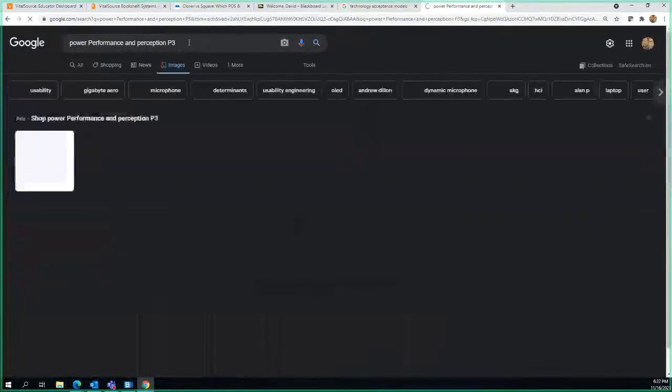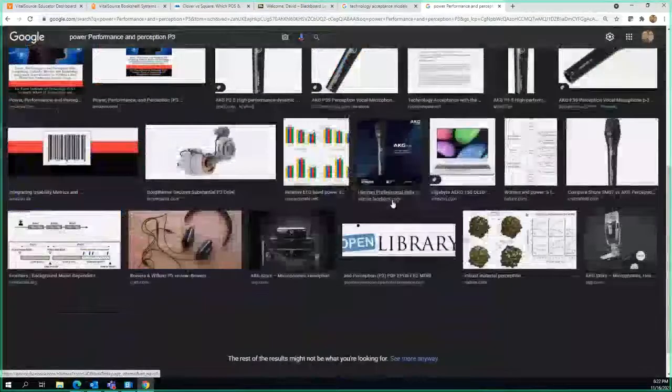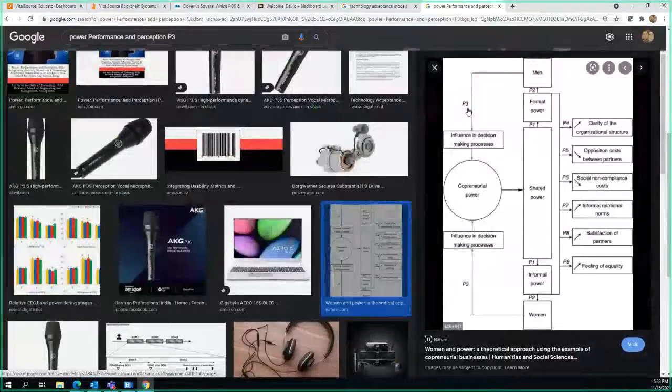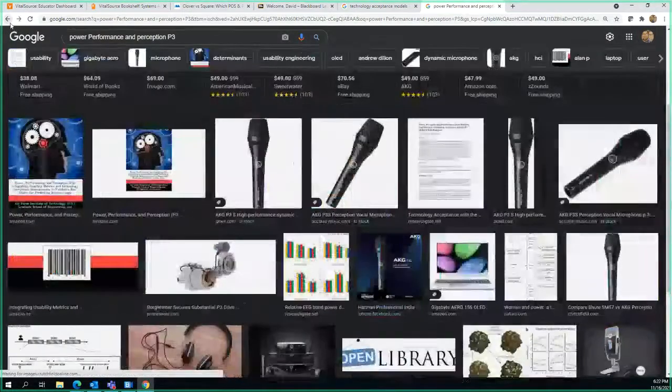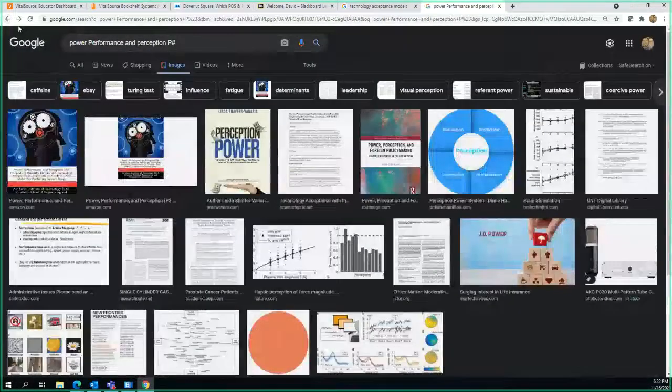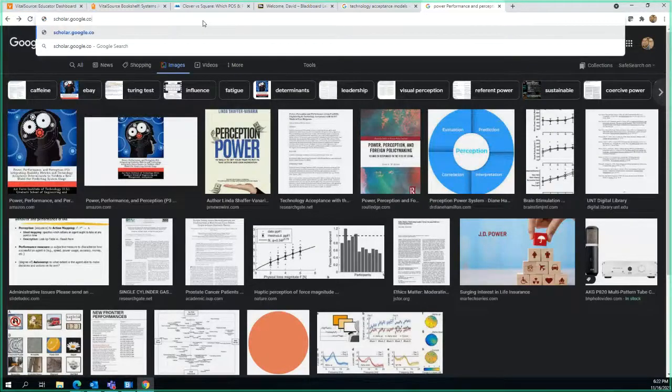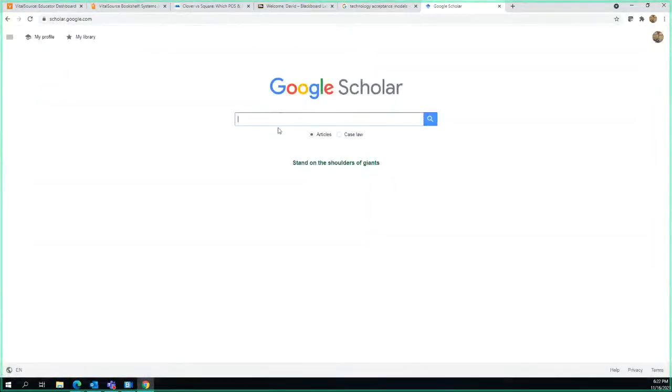And the P3 model, which I don't know if I can find it. I might have to actually look for that journal article for it. So let me see. Might be power, performance.